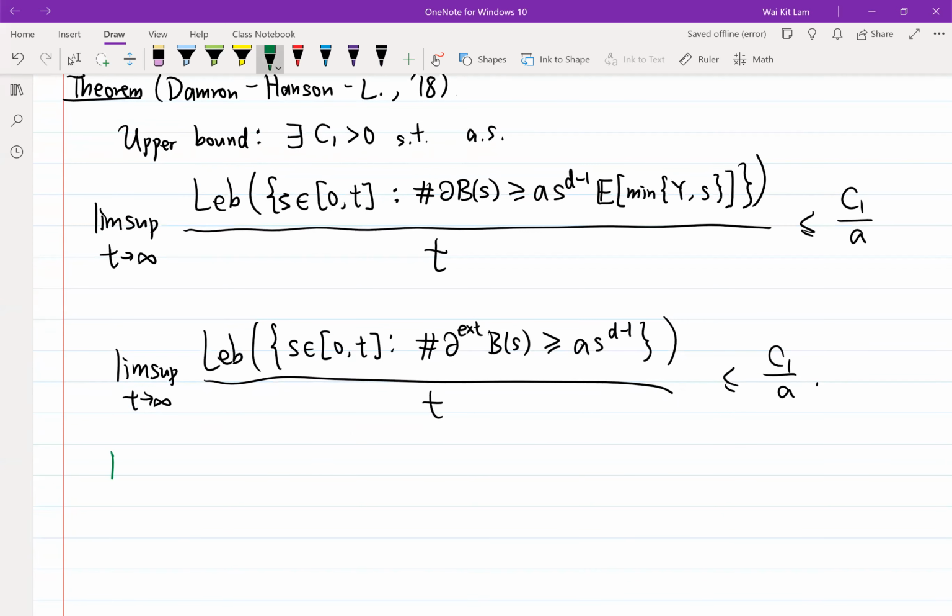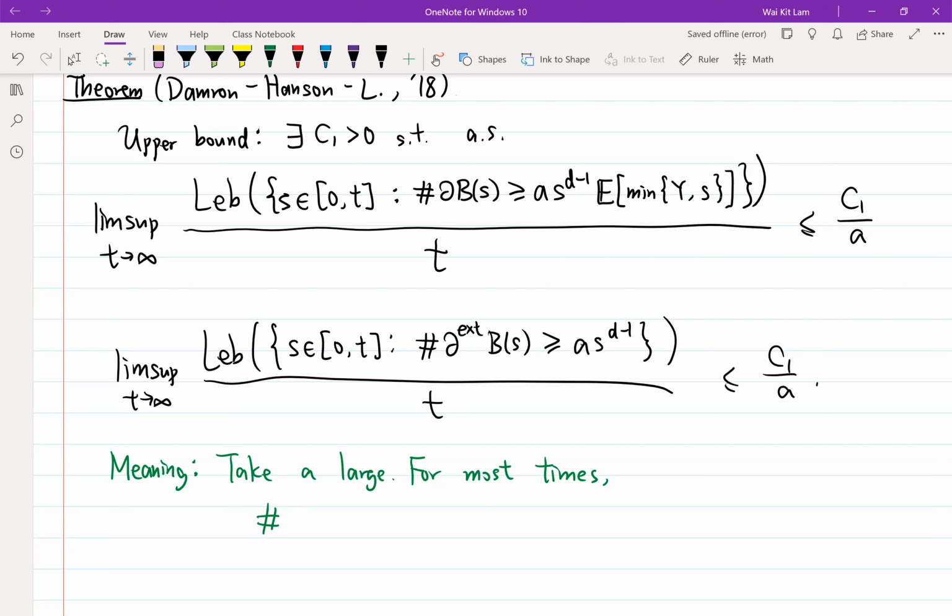So what does this mean here? So take A large. So when A is large, then the right-hand side is small, of course. And so the left-hand side is also small. So in other words, the density of time such that this inequality holds will be small. Okay. So in other words, for most of the time, the inequality inside this set wouldn't hold. That is, for most time, the reverse inequality will hold, which means